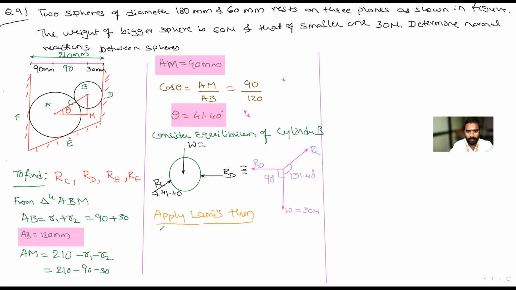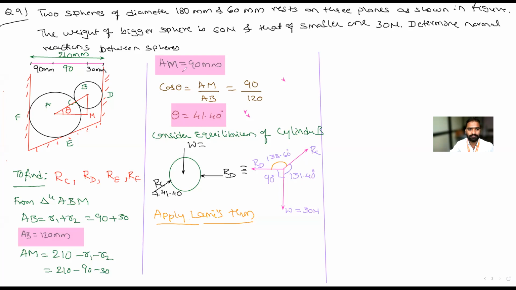Yes, this is another angle. Tell me, calculate this angle, the remaining angle. Total 360 minus 90 minus 131.40. What is this angle? Calculate. Sir, 339.6? No, check it. It is 138.6. Correct, 138.60. Yes, okay.